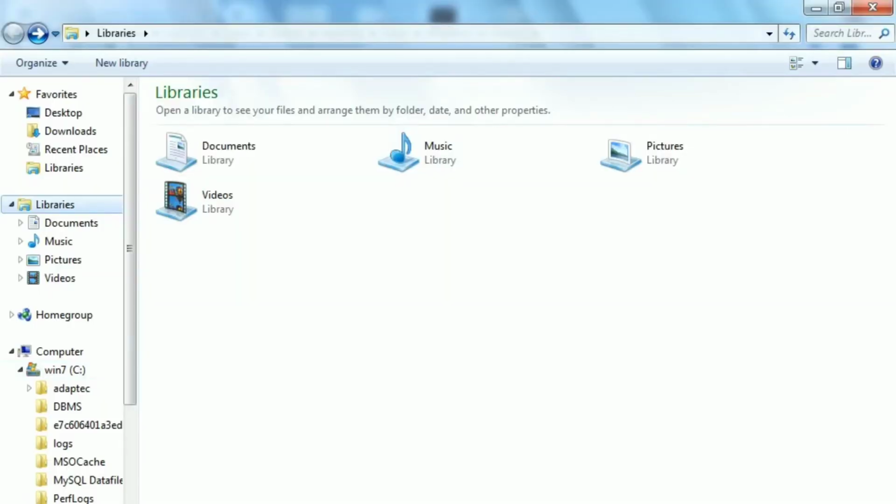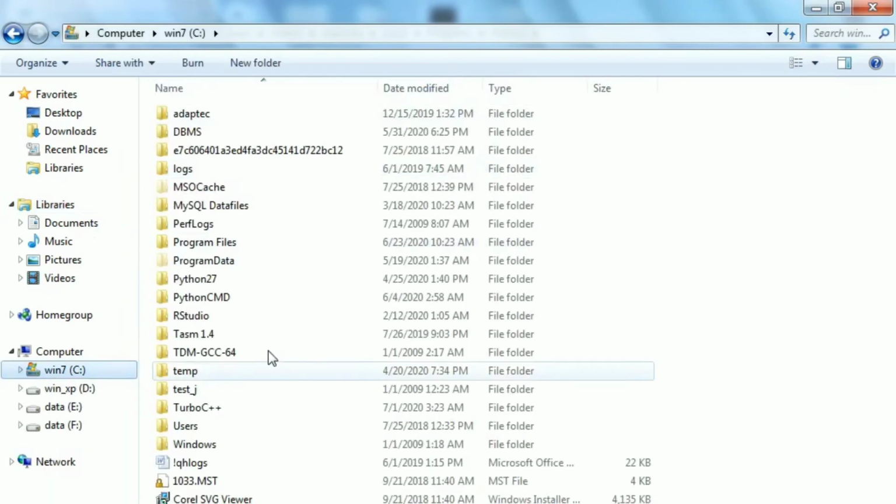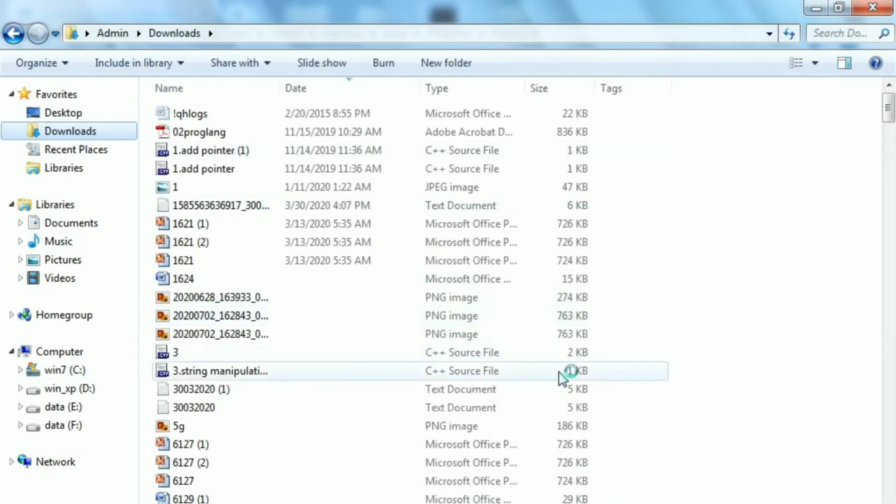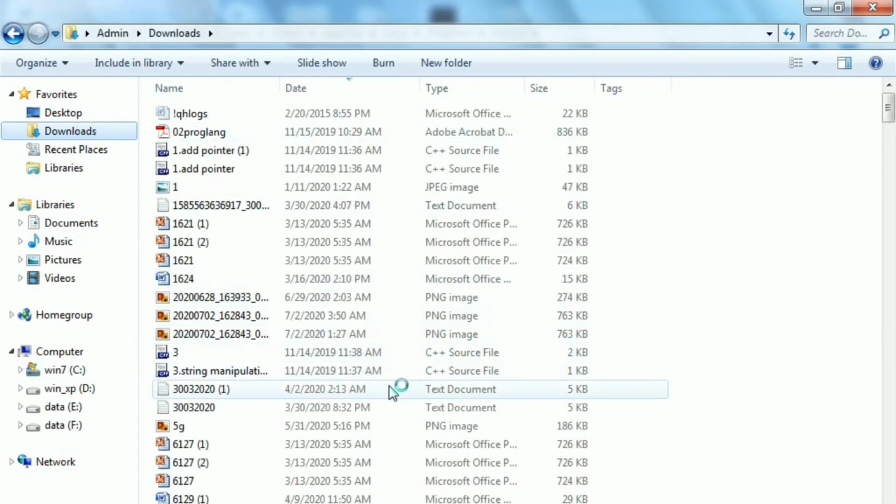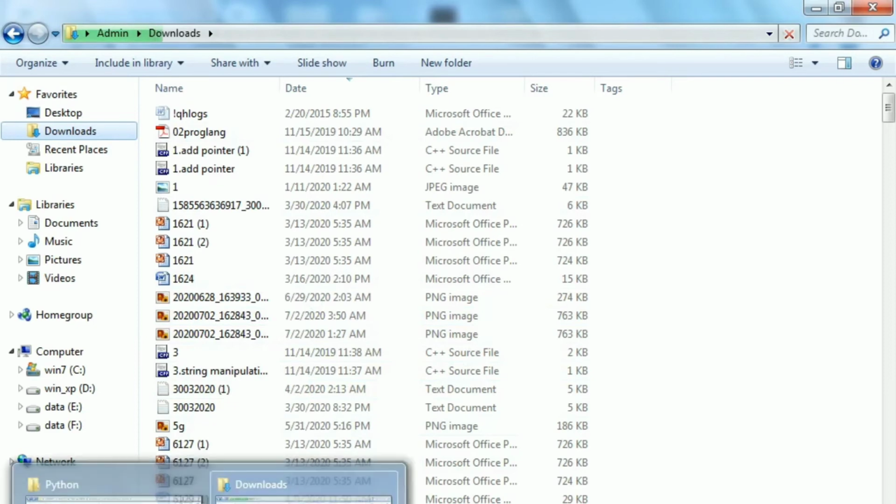Now solving the Python not recognized as an internal or external command is pretty similar to the previous one. Just like we did before, open up your Python folder wherever you have downloaded it. As usual, it'll either be in your C drive somewhere or in the downloads, unless you have explicitly given it another path to save it.